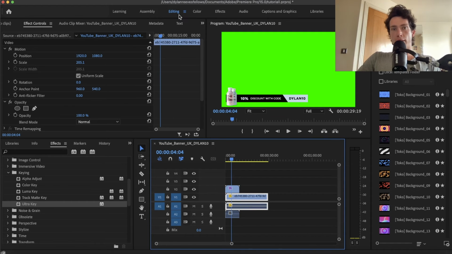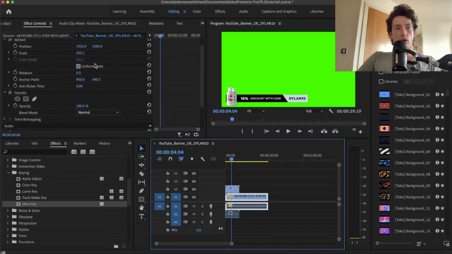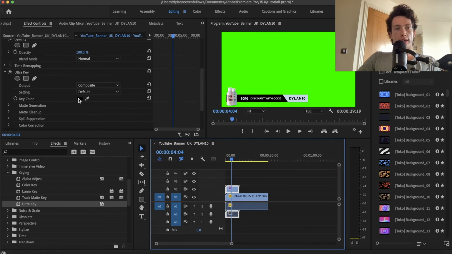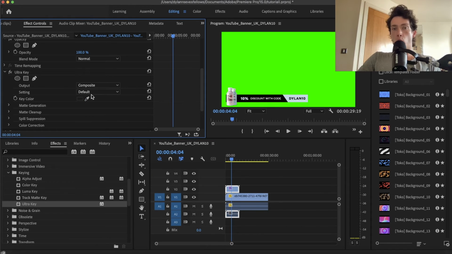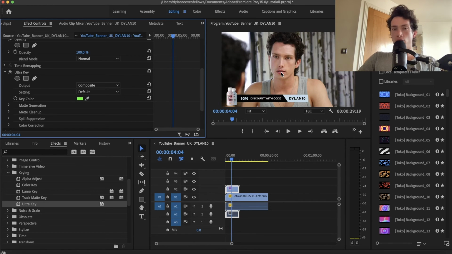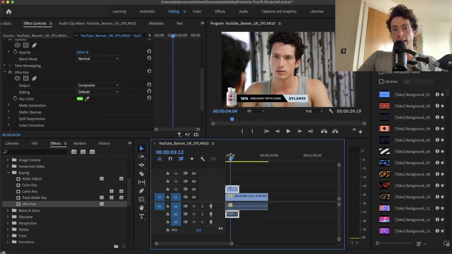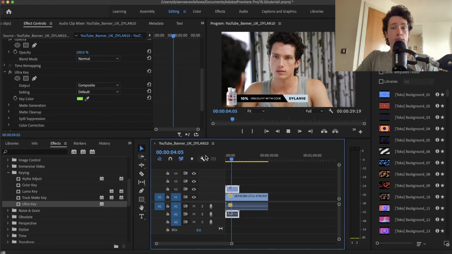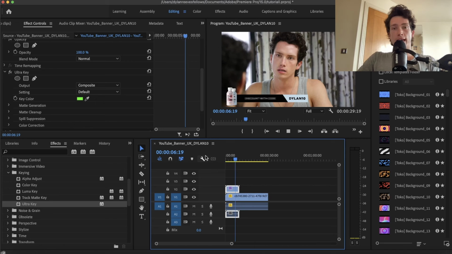Once we're on Ultra Key, we're going to head back to the editing tab right here, and we're going to scroll down and look for, right here, our Ultra Key color. So Ultra Key on the editing panel. Then we're going to select the color picker tool. We're going to click the green right here, and as soon as I click the green, once I've selected the color picker tool, my background disappears. The green right here is the color in the key color, and you can actually see that what I wanted to happen is happening. The green screen's working, the green's gone, but the other elements stayed,